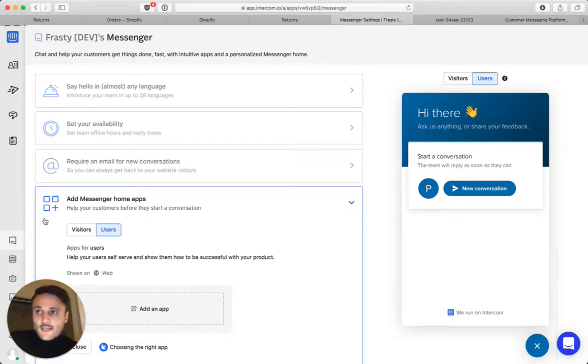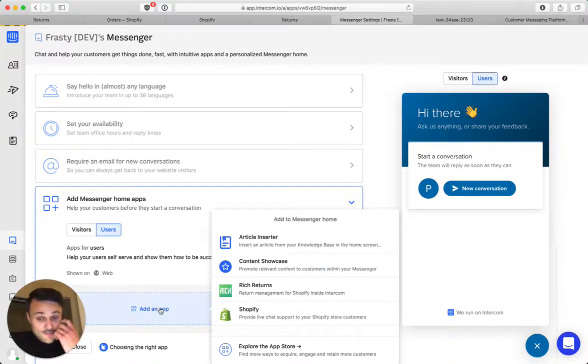They will classify them as a user, right? If they cannot classify them as someone at all, because the person didn't enter their email address, or their IP address is unknown, etc., they will classify them as a visitor. What you as an admin have the opportunity to do here is set different applications, either for visitors or for users. Let's just, in this case, do it for both of them, users and add an app,